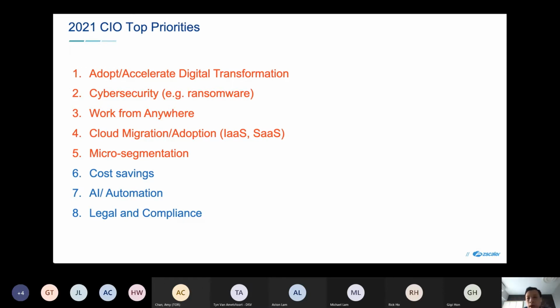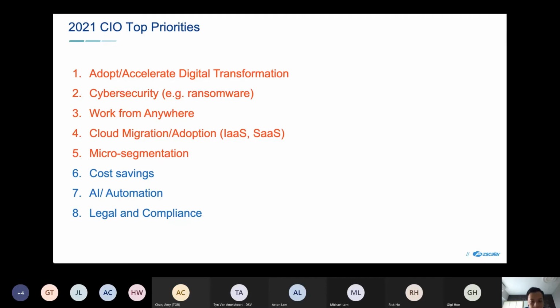Work from anywhere. I think probably even some of our attendees for this session are joining the session remotely or at home. So work from anywhere, no wonder, is another focus. Although we are seeing a lot of positive things happening with COVID, at the same time, many people also say that even post COVID-19, work from anywhere, work from home will still be the norm. Probably it will be a mix between work from anywhere, work from home, and also work from the office. Some third parties also name it more like a workplace transformation.